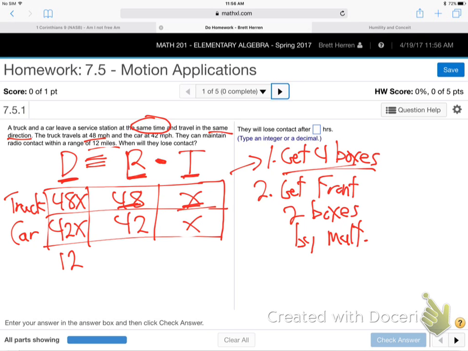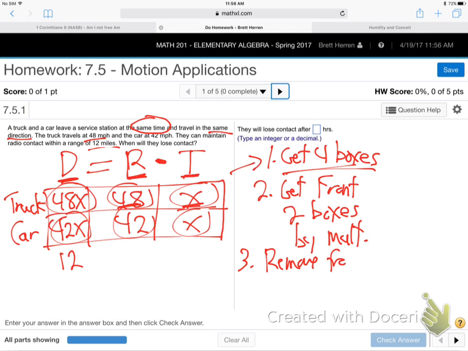Because that's what the formula above says. It says distance equals rate times time. So if you have the rate and the time, you multiply them to get the distance. Okay, so that's step 2. Step 3,